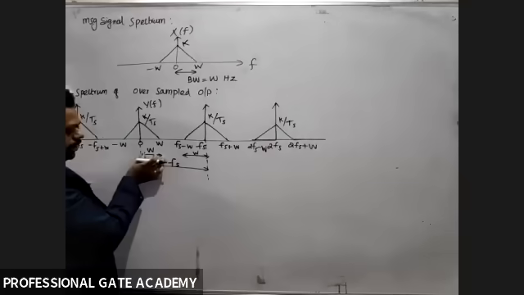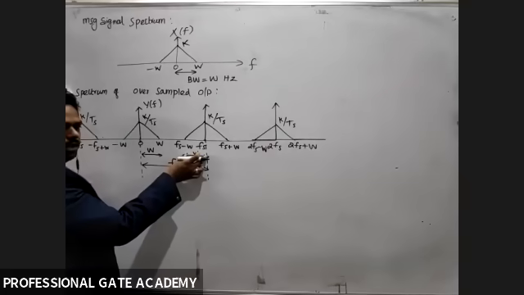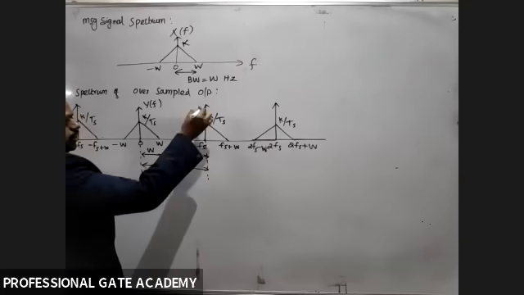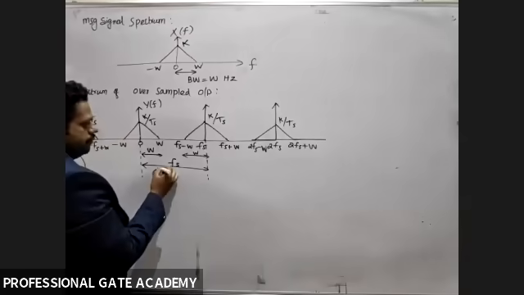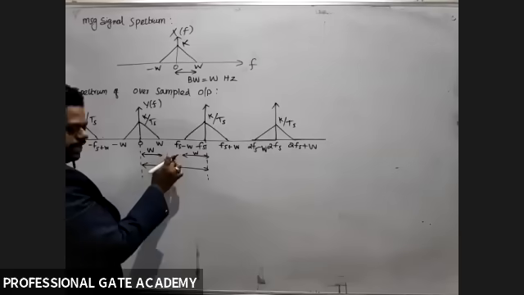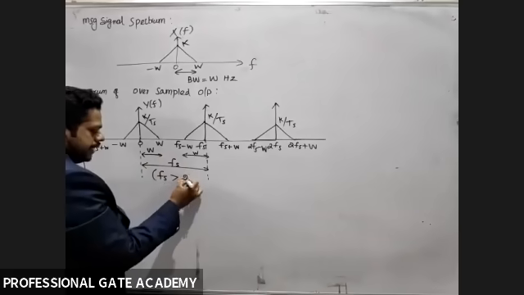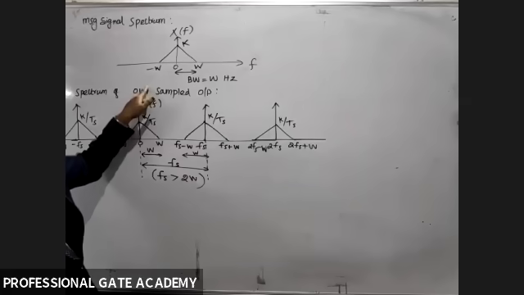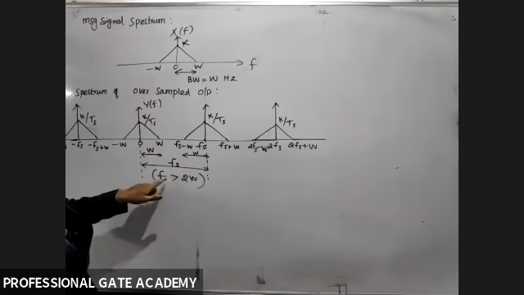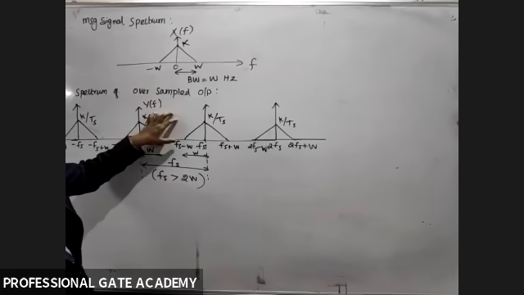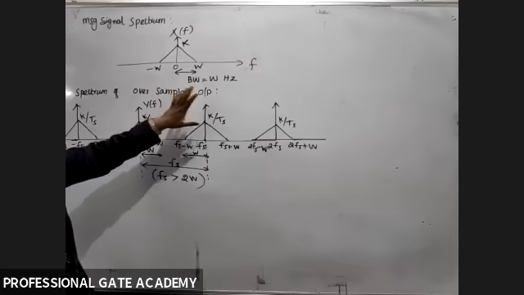Yes. Here, 0, here Fs. So what is that? Fs. So W and W added gives 2W. So here, whether Fs is greater than 2W or less than 2W? Greater than, because of W plus W, 2W, here an extra band gap is there. So definitely what we can say, Fs is greater than 2W. So Fs greater than 2W means whether it is oversampling, critical sampling or undersampling? Oversampled output. Oversampling. That's why Fs greater than 2W is achieved in this spectrum. Therefore, this is called an oversampled spectrum.